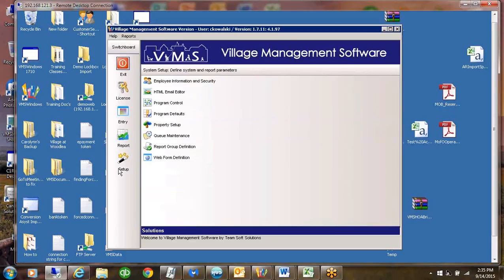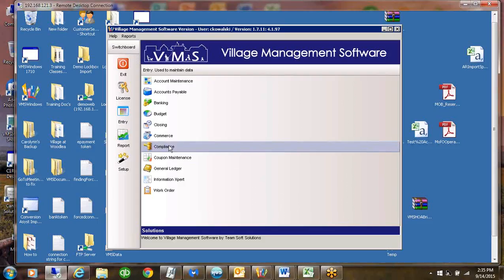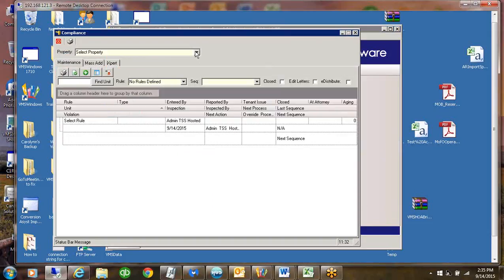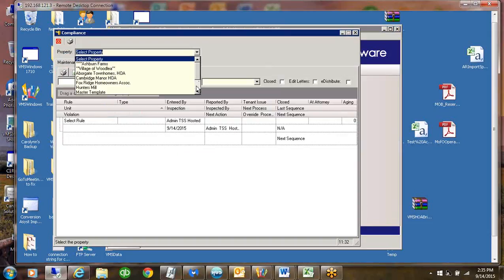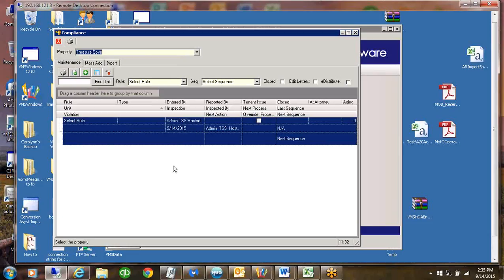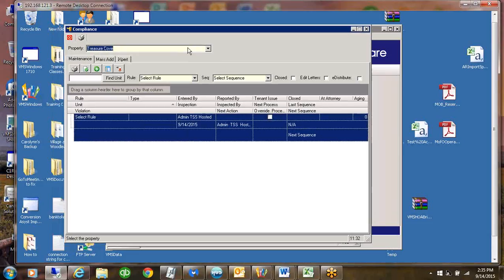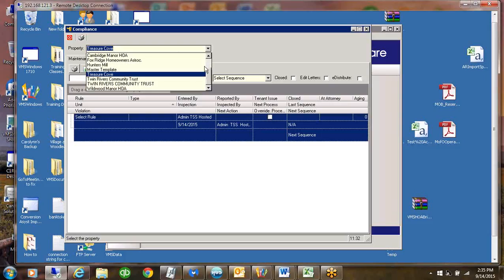So we're going to go back to the switchboard. We're going to go to entry. And I'm going to start out here in compliance. So there's the compliance icon. We'll select our property. Now, for this first one, I'm hoping that we added people into twin codes. Oh, but I didn't do any rules, did I? Well, then we won't use twin codes. Let's use,